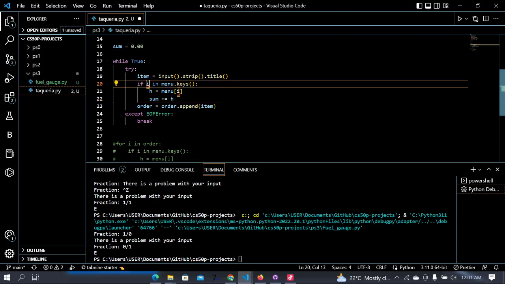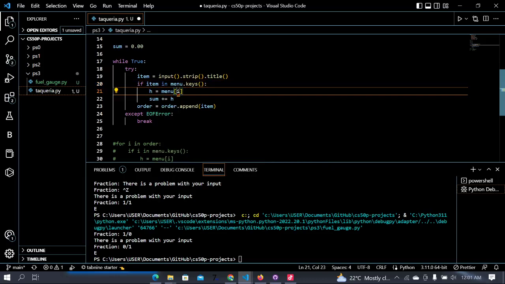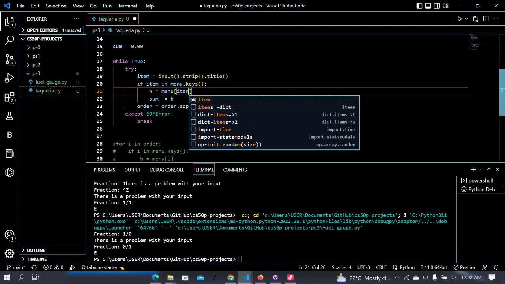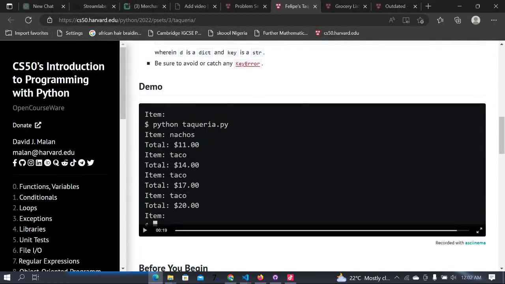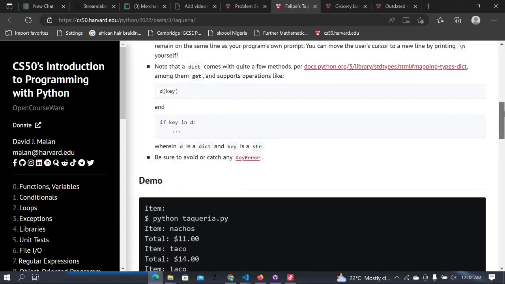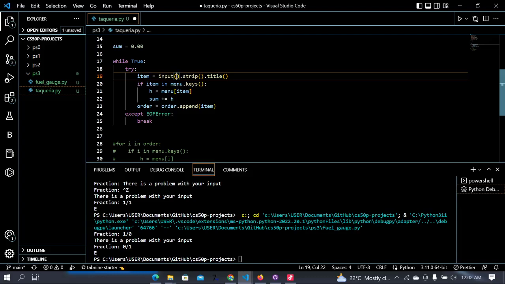So we're going to change this from I to item. If item is in menu dot keys, then h is going to be equal to menu item. Okay. Item, sorry. So first thing we want to do, we'll ask the users for an input. The prompt was item, and then we're going to print their current total. Let's give them a prompt here for their input. Let's just tell them item,